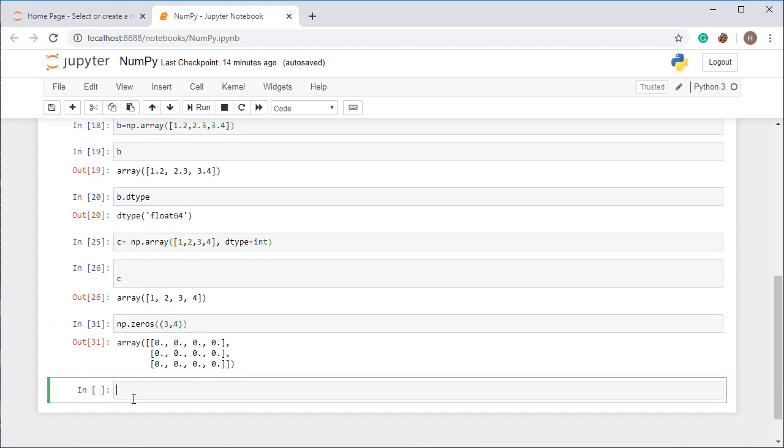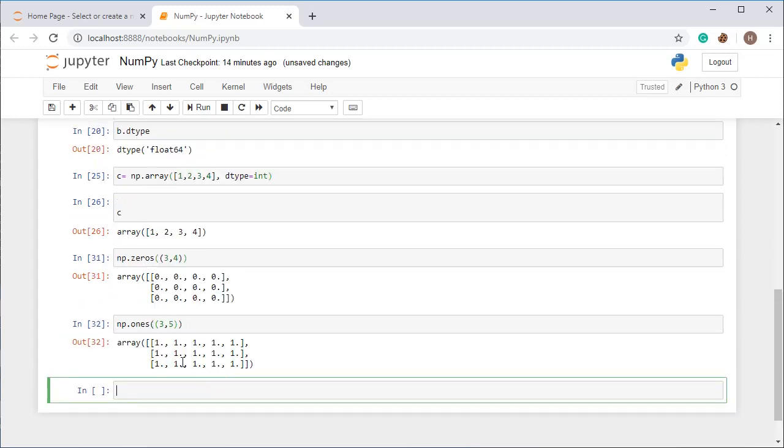Alright, you can also create an array with elements as 1. For that you have to use ones and then write the dimension, like I want to create an array of 3 rows and 5 columns, then it will give me the output as this, 3 rows and 5 columns.